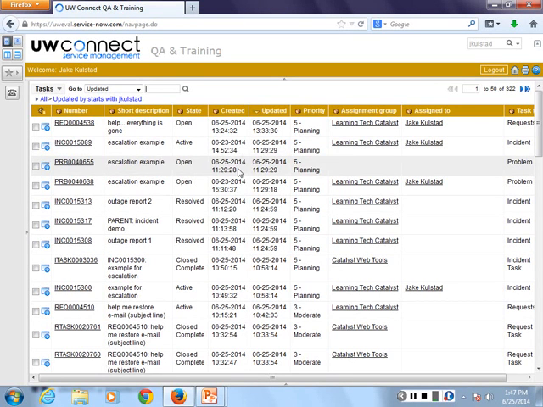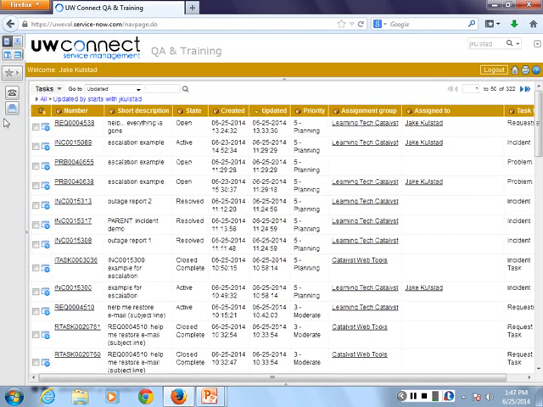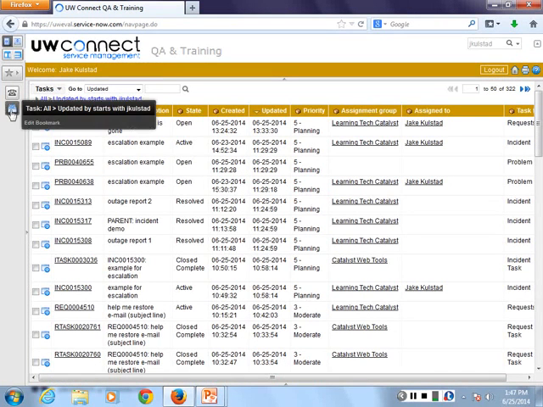What I'll ask you to do is grab the last element of the filter. In this case, it's the NetID. Grab your NetID and drag it over to your PowerEdge. Everyone able to do that? So now at any time, if I were to click on that version of the filter, this is a pinned version of the filter, I can run it and find all the records for which I was the last person to update.